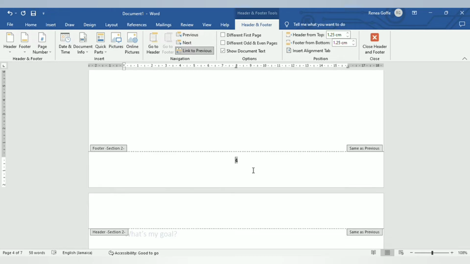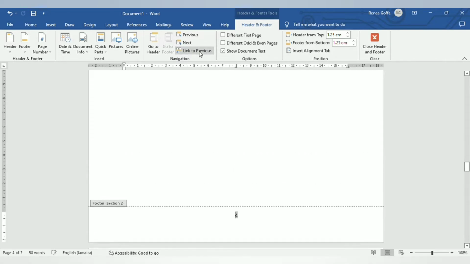So in order to have it start there and not at the top, I'm going to select this section in the navigation tab that says link to previous. Link to previous will cause you to continue the headers, like headers that are before this page will continue on this page, right? I don't want that, so I'm going to select that and uncheck it, and then I'm going to go back to this section in headers and footers and select